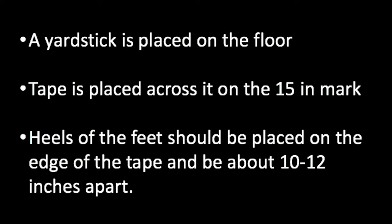The next assessment I will demonstrate is the YMCA sit and reach test, which assesses low back and hamstring flexibility. Your shoes should also be removed for this test. A yardstick is placed on the floor and tape is placed across it on the 15-inch mark. Heels of the feet should be placed on the edge of the tape and be about 10 to 12 inches